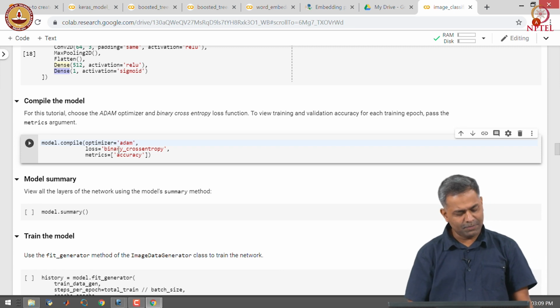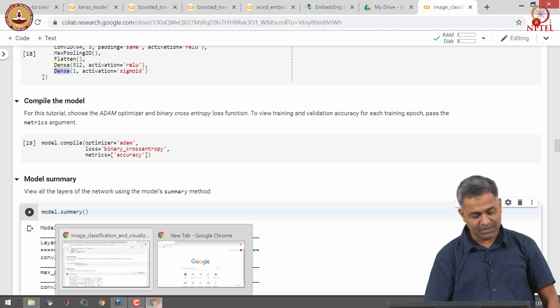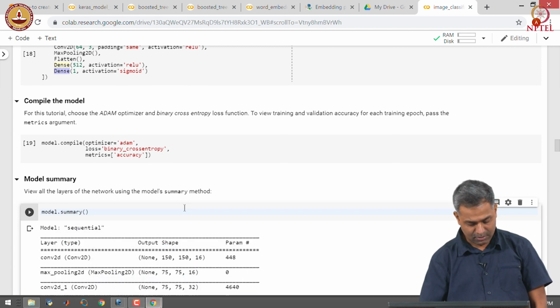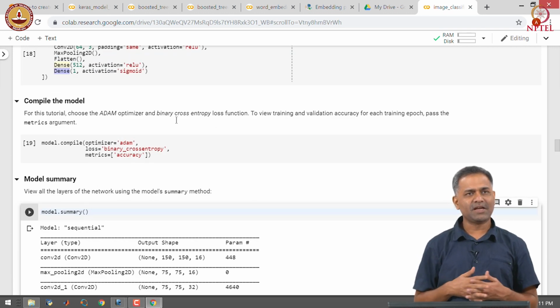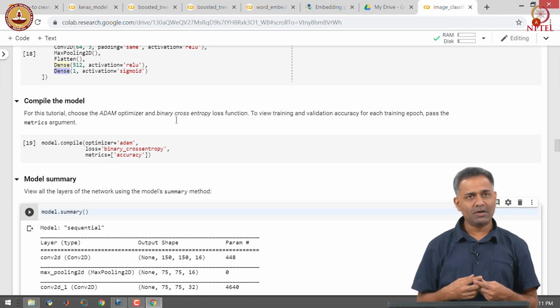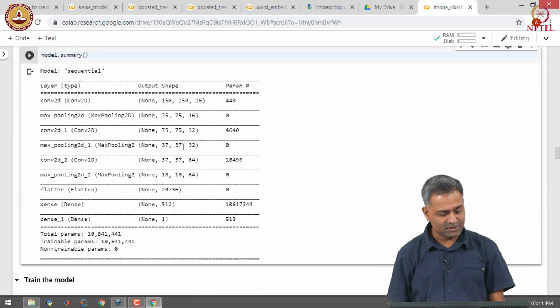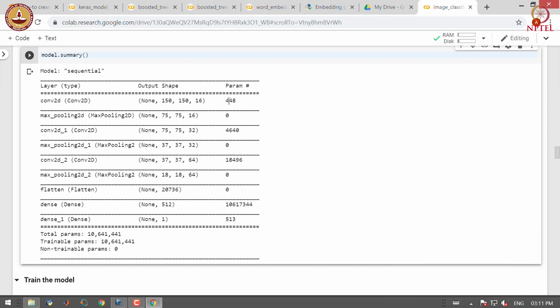We will use binary cross entropy as a loss with Adam as an optimizer and accuracy as a metric to track. Okay. So, it will be an interesting exercise for you to understand the output shape of the model and work out the model parameters as you see in the summary. I would encourage you to stop the video for a couple of minutes and work out these parameters for yourself as we have done in some of the previous sessions.